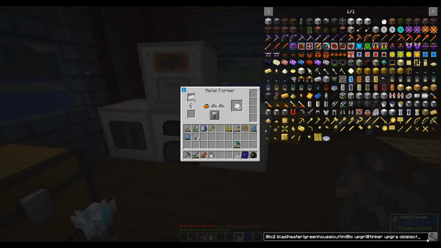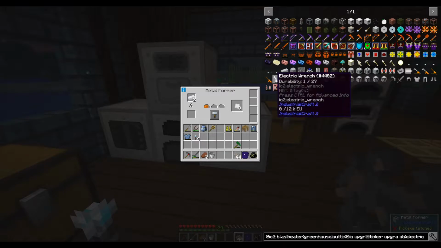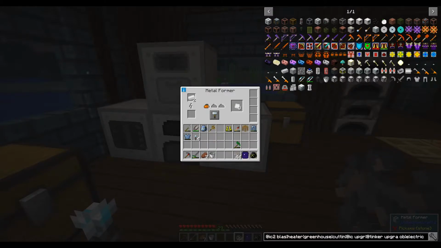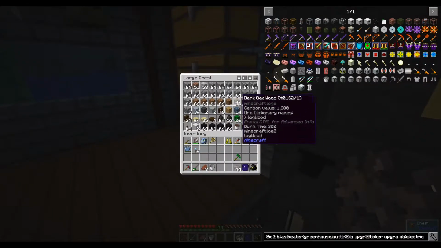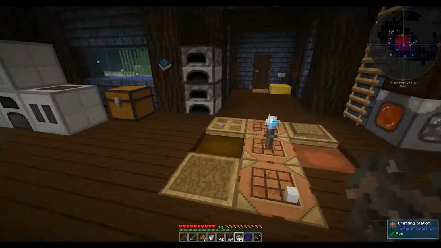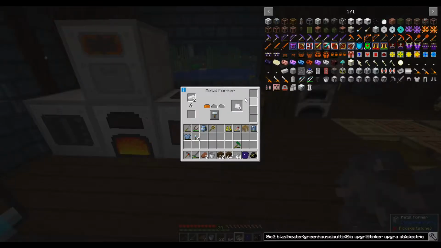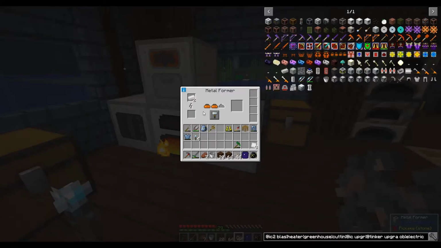I also want to make an electric wrench, which is this little bad boy right here, which basically allows us to pick up these IC2 machines without having to, I run out of power again. So this is what I want to avoid, because I'm tired of doing this. Right, let's throw you into there and then put you into there, with these plates. Yeah, so I want an electric wrench so that we can then pop these machines off and put them back down again without having to worry about